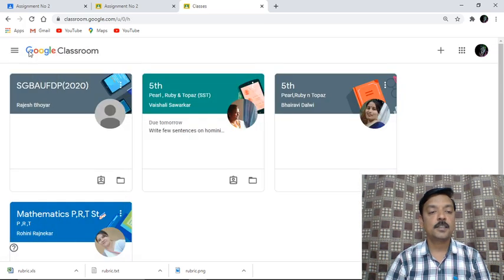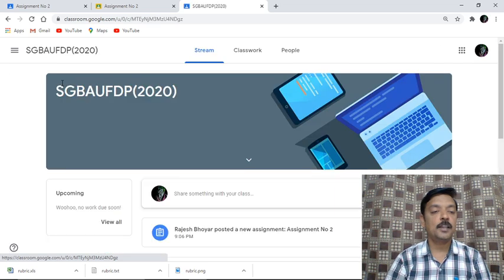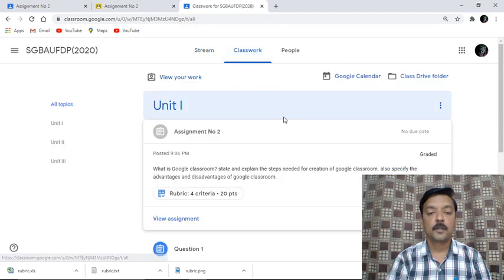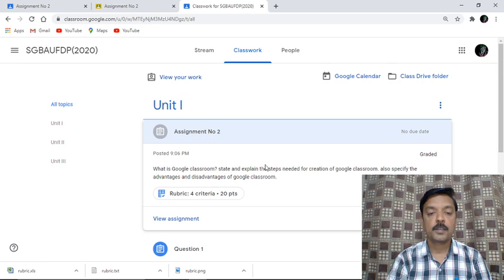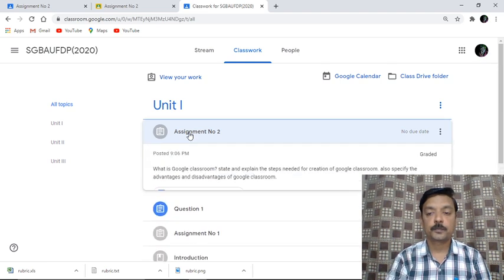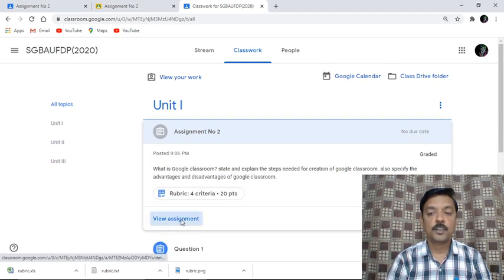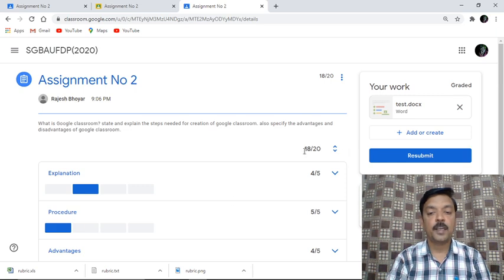Go on to the classes. So this is the student. I'll click on him. Again under the classwork we'll check. This is the assignment and it has been graded. So I'll click on that assignment, view assignment, and you can watch 18 marks.